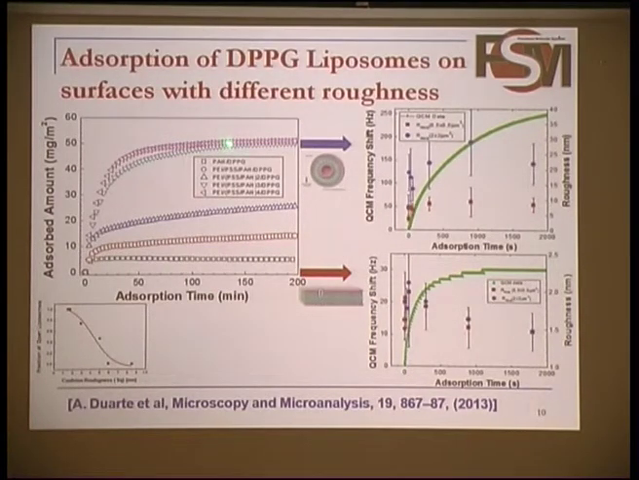In this work, we start with one layer of PAH, which is a very flat surface, and we adsorb one lipid bilayer of DPPG. And this is the kinetics, the adsorbed amount as a function of time. So the liposomes adsorb and open on the surface, and you have a lipidic bilayer. But as we increase the roughness given by this initial cushion of polyelectrolytes,